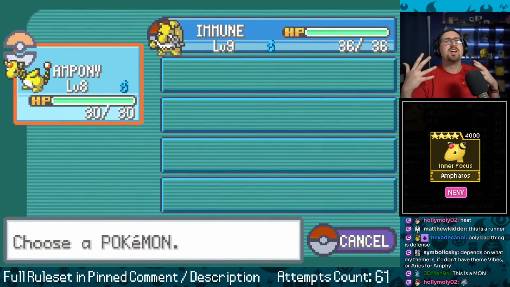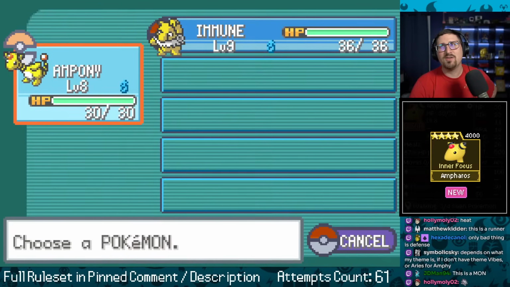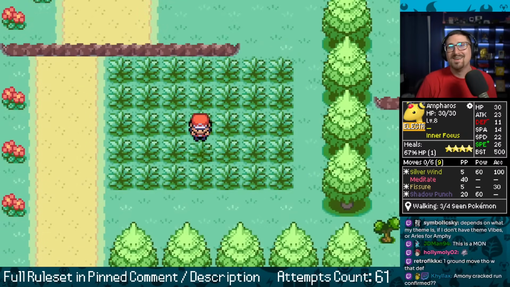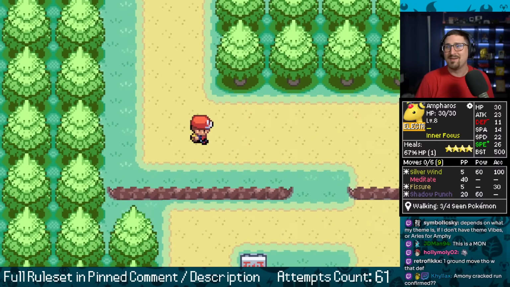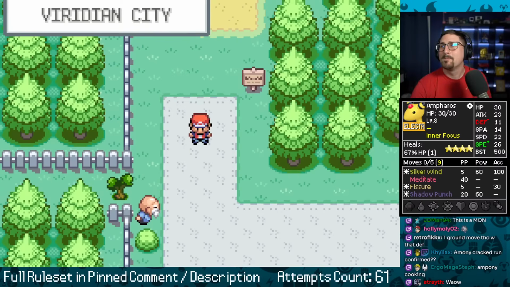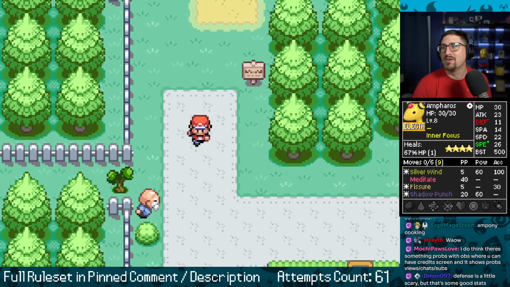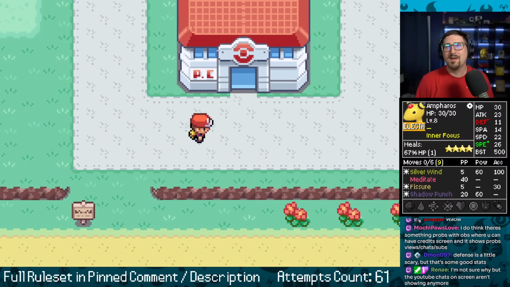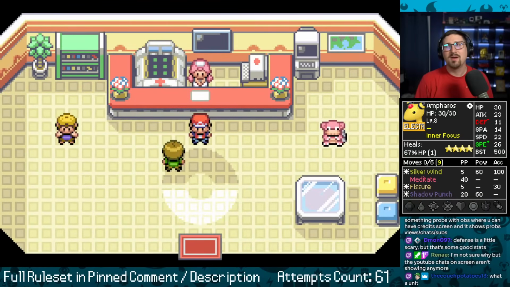So they give you like a general star ranking here. It gives you an idea of how good your mon is. 4 stars is nuts. This is probably our most successful pivot ever. Plus speed, nasty speed. Inner focus, still good. This is actually crazy. I'm not going to look at other mon again. Like I could, I'm not going to.